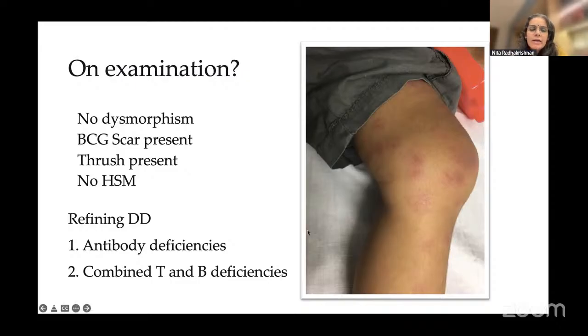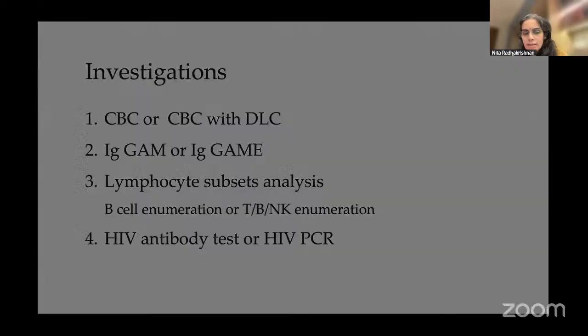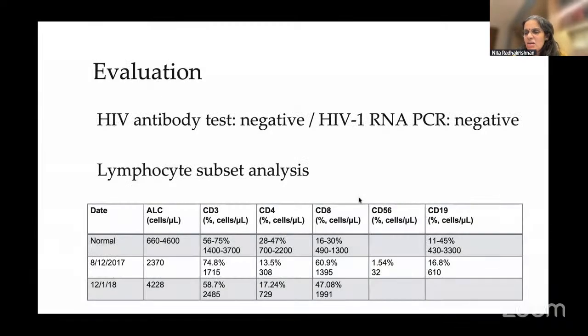Once we ran the evaluation, these are the investigations that we did in the same order. Complete blood count, absolute lymphocyte count was actually normal. Like it was discussed earlier, for any infant, less than 3000, you run a lymphocyte subset; for an older child, 1500 would be the cutoff, but here it was much more than that. So it really didn't look like SCID at that point of time. Immunoglobulin levels showed a little less IgG. The rest of it was again normal. So again, not much of clues.